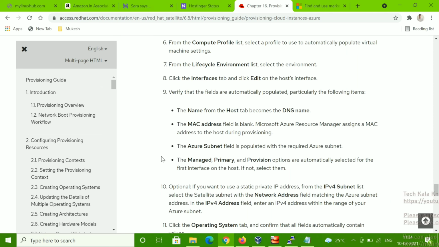Then you log into your Microsoft Azure portal, and you will find your host name. First it will create the interface, and then it will create the disk. Then you will get the virtual machine. Like this, it will be deployed.